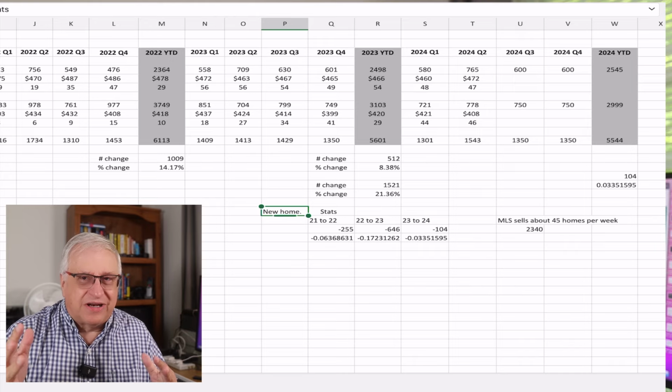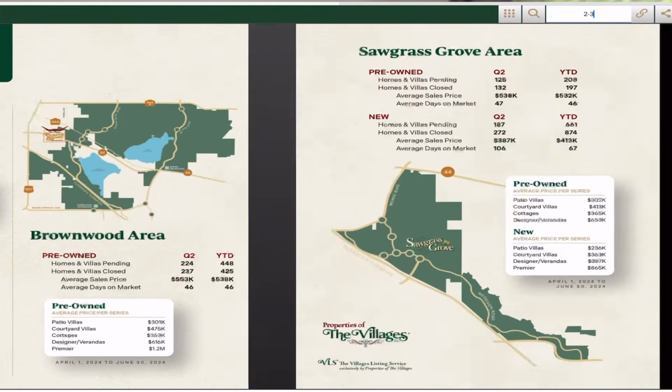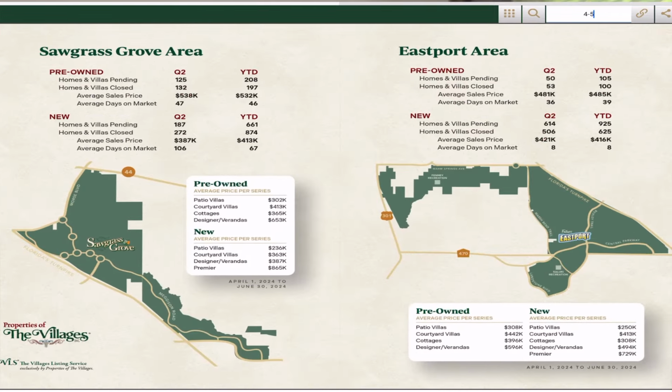I do see the trend coming down, but I'm looking at the massive area below the Turnpike of where they're building. I think they're going to go gangbusters and build what they can. I think they're going to build as many new homes as they can, as quickly as they can. They're going to sell lots where you want to design your own home. They're going to continue to work on Eastport. But I would tell you my perspective of knowing that, let's go back there. When I look at this market report, and I look at the Sawgrass Grove area, Citrus Grove,